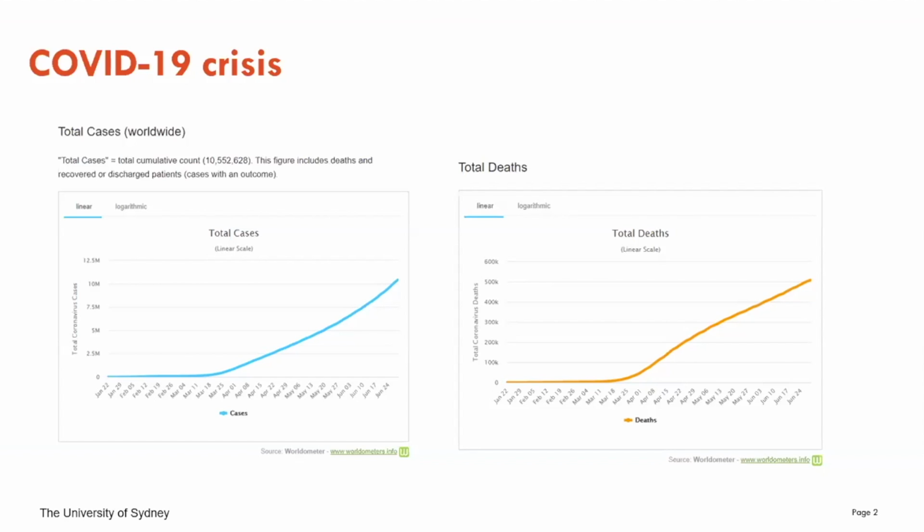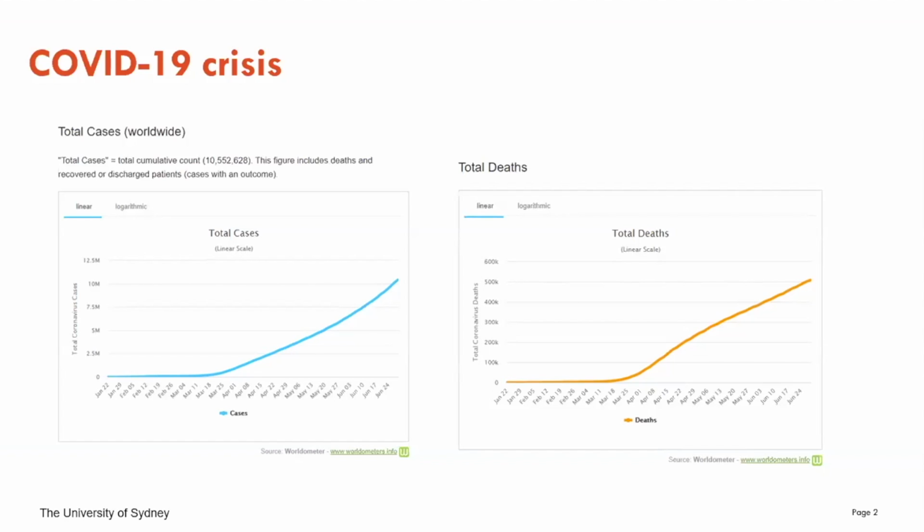Almost certainly an underestimate of the true total number of cases, and concerningly, over 500,000 of those cases have died, and even more concerningly, the rate of deaths is continuing to increase in a fairly linear fashion,